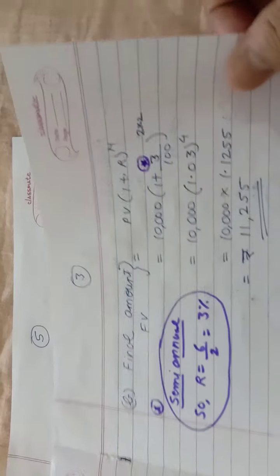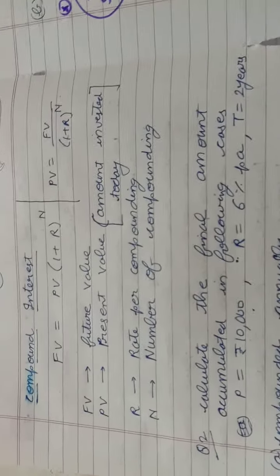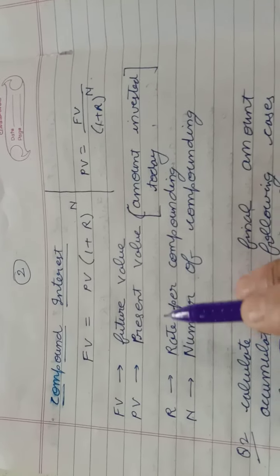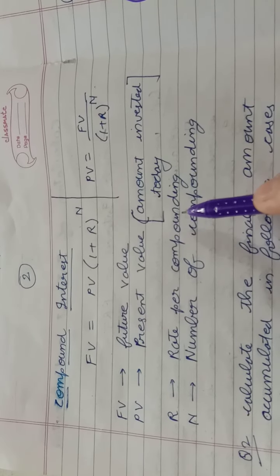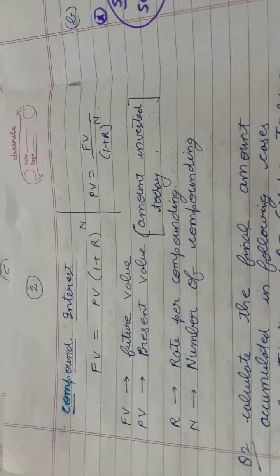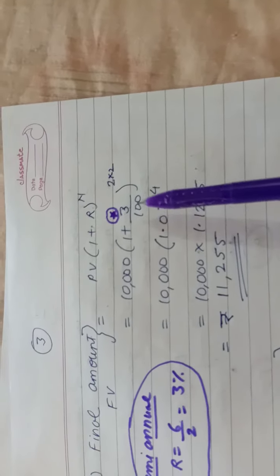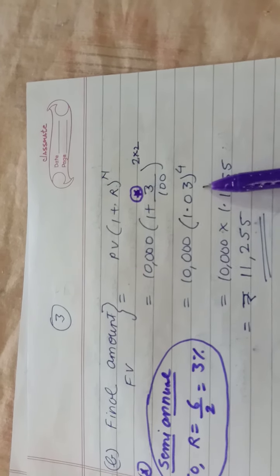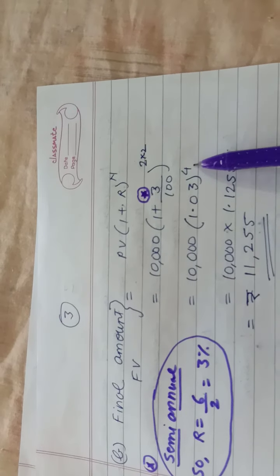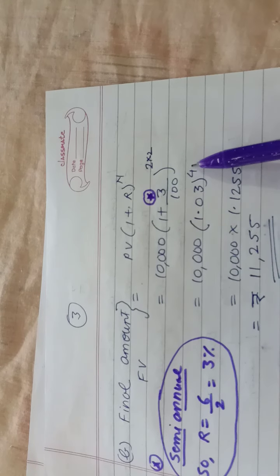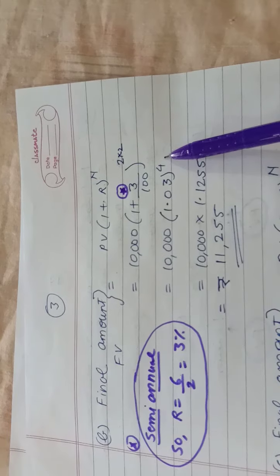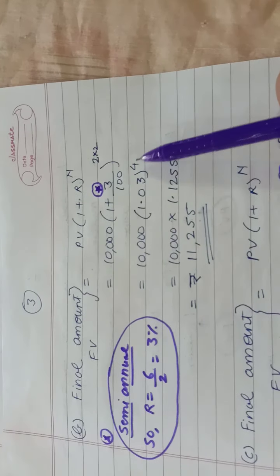Do you remember in this formula I highlighted that R is rate per compounding and N is number of compounding. Now you could understand this. R is rate per compounding. Every 6 months you are going to get 3%, and 4 is number of compounding. The period was actually 2 years, but how many compoundings are there? There are 4 compoundings. So it becomes